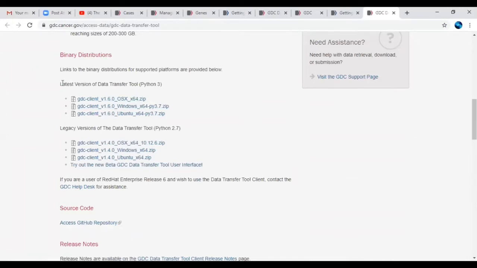The latest version is based on Python 3, and the previous version is based on Python 2.7. I have downloaded the Windows version of this particular GDC data transfer tool. You can download based on which application you are using. So I will show you how I have downloaded it and how we can use this particular data transfer tool now.